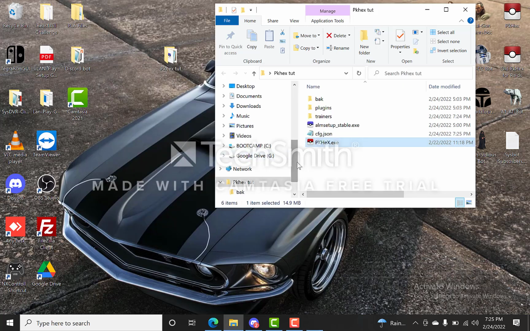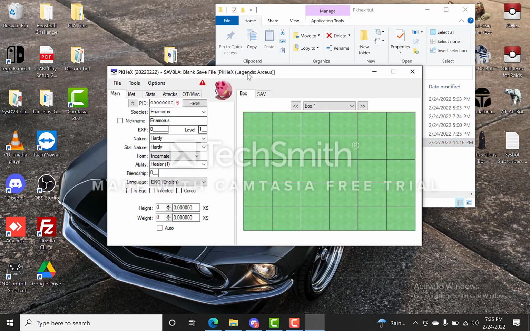Sometimes it's a little slow opening, and I don't know what happened there. Okay, there we go. Alright, let's see if we have our blue logo. Okay, so now